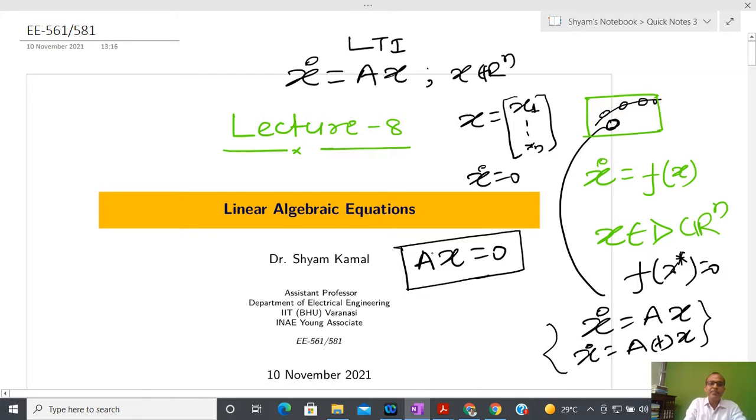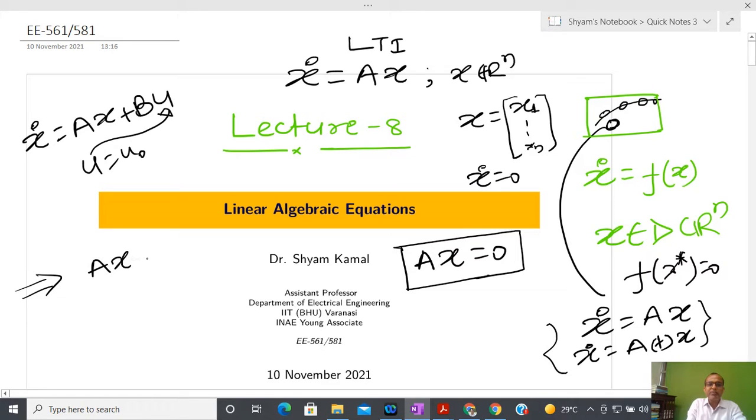Or more generally, you might have seen that whenever I am dealing with a linear time invariant system, we are also keeping some kind of control action. So now how to define the equilibrium point? Suppose I have some control action u equal to u0 at the equilibrium point, and if I substitute this value here, the rate of change equals 0. At that time, if you want to identify the equilibrium point, you have to solve the equation Bu equal to 0.